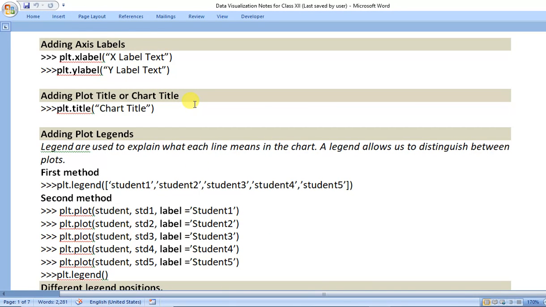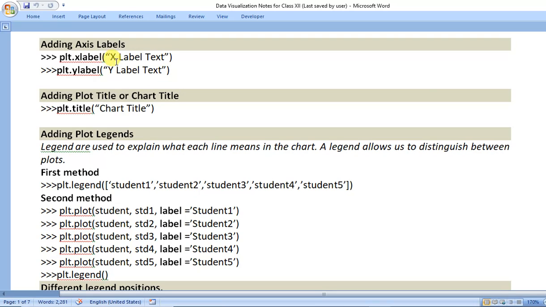Okay, now if you want to customize your graph, this is the topic: adding axis labels. In this graph we have not specified any label for the x-axis and y-axis.